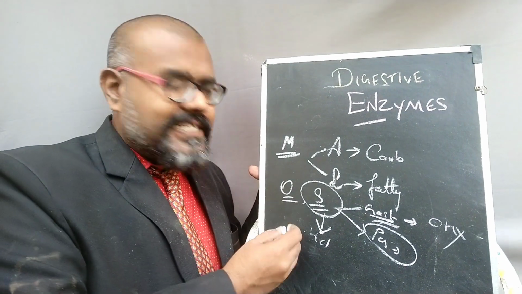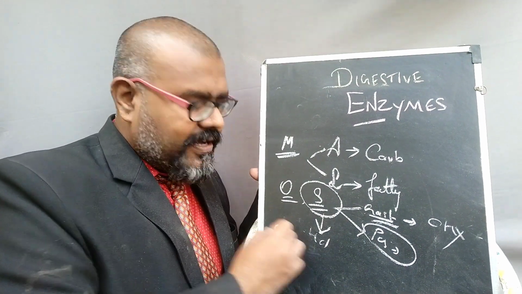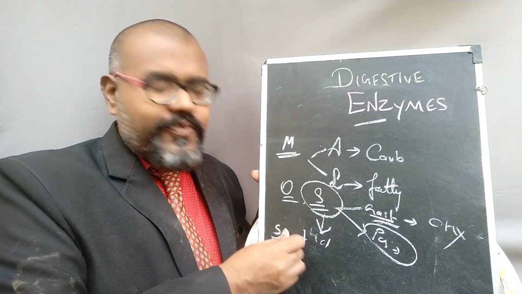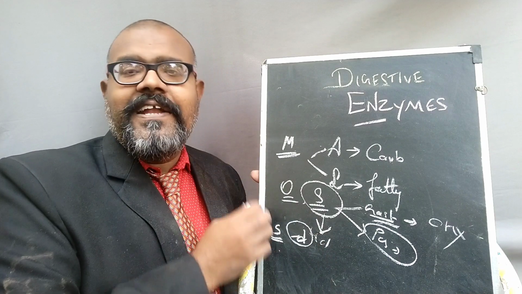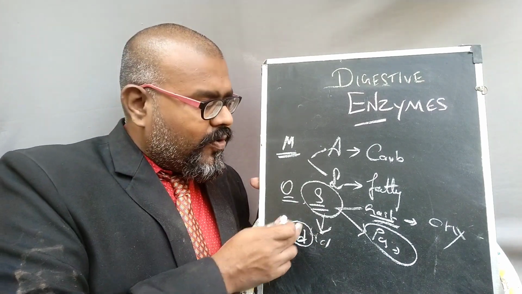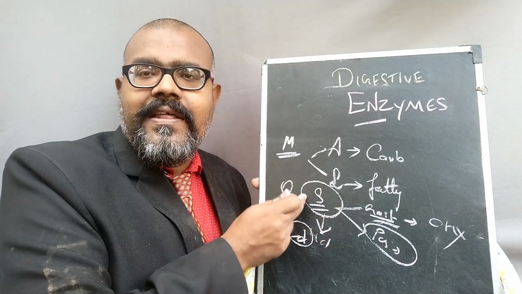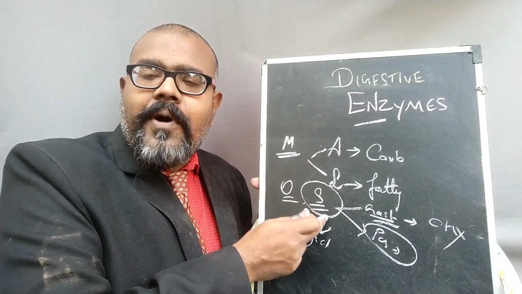Then the next region is the small intestine. The initial portion of the small intestine is the duodenum. Of course, we know that the duodenum plays a main vital role. Once the food material is converted from the bolus to the chyme in the stomach, the particular chyme,